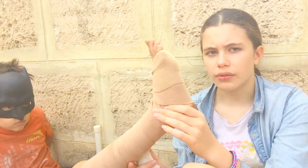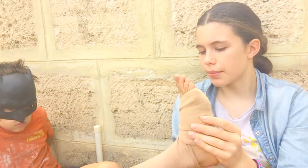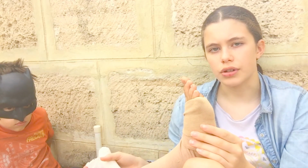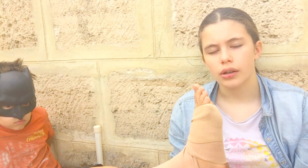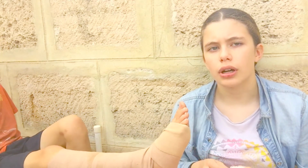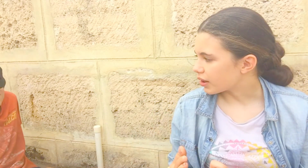You don't want it to be elevated like I've got here. You want it to be as flat as possible, because if the leg's up, the venom's going to drain down close to the heart. And if he's standing up, all the blood and stuff's going to go down to his leg. So you want them to be kind of relaxed, and much like a snake bite, you want them to be calm, because if they're not calm, it's going to pump blood everywhere through his system and be unhealthy. It's tiring you out and makes your heart pump. So just keep them calm,